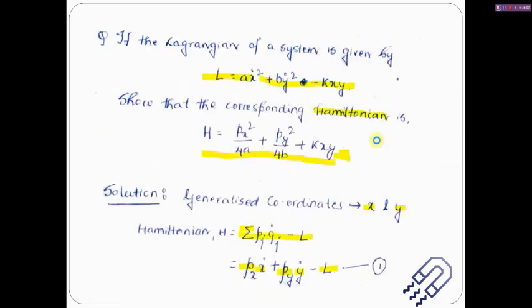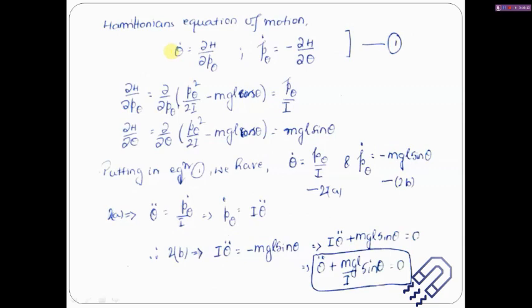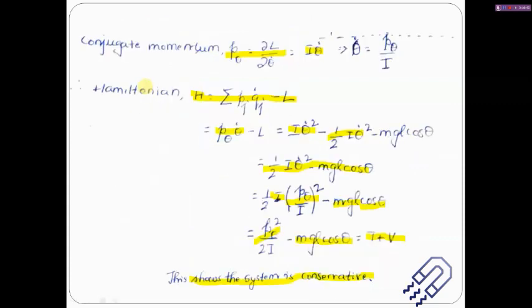So if we proceed now, what we have is this. We have theta dot equal to del H by del p theta. That is nothing but Hamilton's equation of motion. And then we have p theta dot, which is minus del H by del theta. Please don't miss out the minus sign. We have only one generalized coordinate, so we have these two equations. If there were two generalized coordinates, we'd have four equations in all, so please don't get confused here. So let's find out what del H by del p theta is. To be a bit clear about why we have written this equation in terms of p theta: if you want to find the Hamilton's equation, we actually have to write it down in terms of p theta.